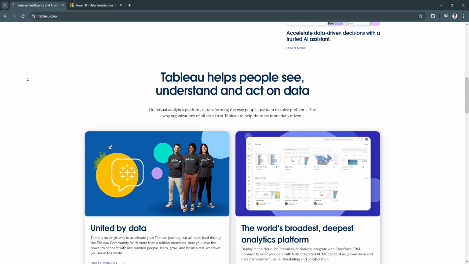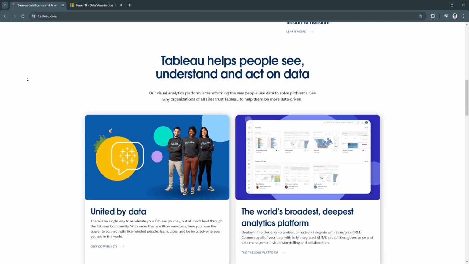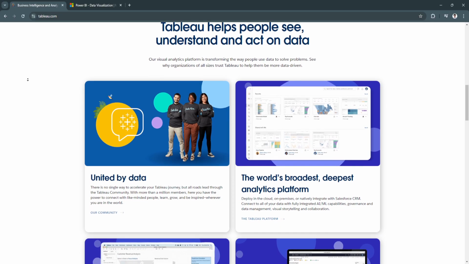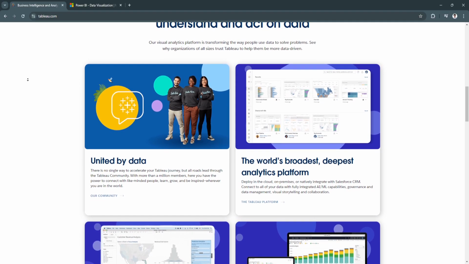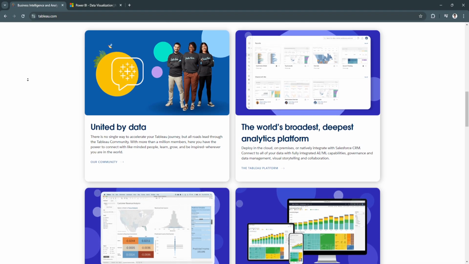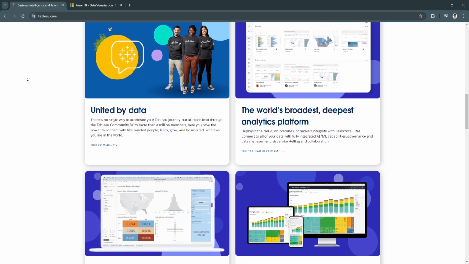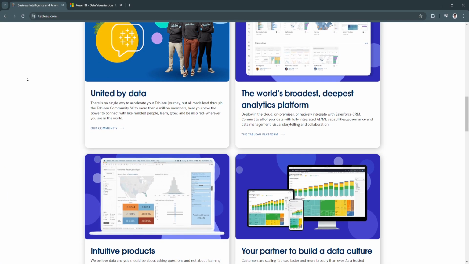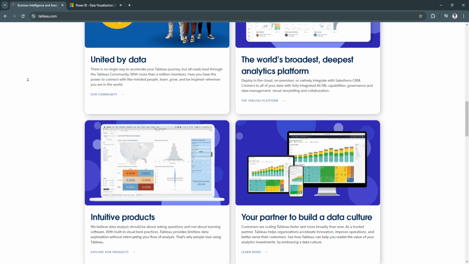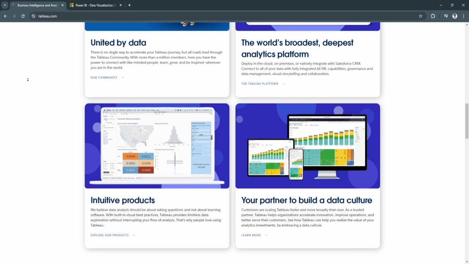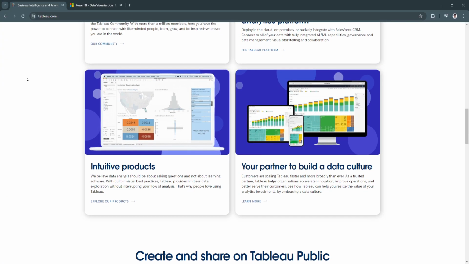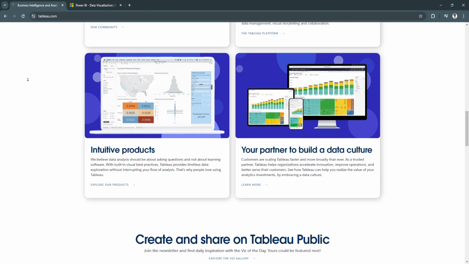Users can build interactive dashboards that allow for deep exploration of data. The drag and drop interface enables users to create complex visualizations like heat maps, scatter plots, and geographic maps without needing programming skills. The platform also offers a variety of customization options, allowing users to modify visuals based on their needs. So the benefit of this key feature is the ability to build detailed, customizable visualizations, which makes Tableau ideal